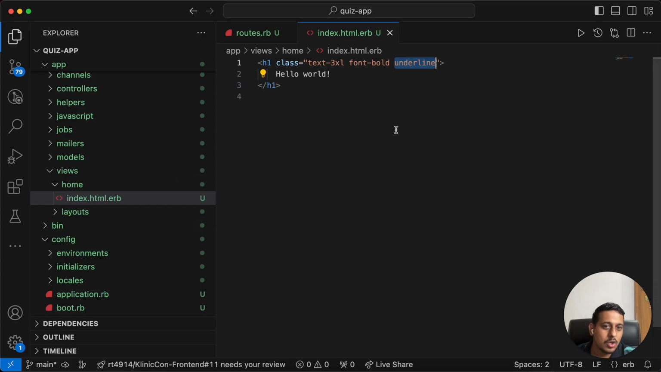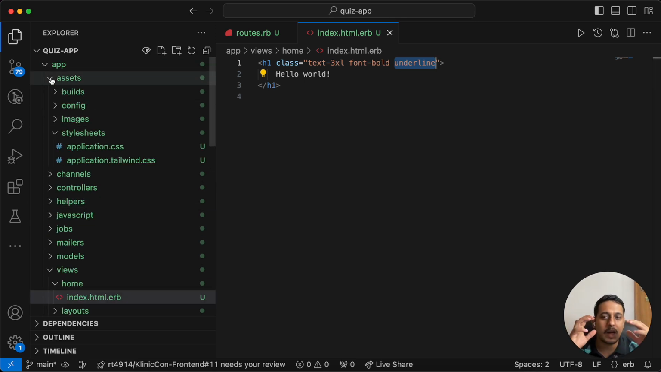Why so? Because when we are using Rails server, it will just run and build the Rails project. It won't work for Tailwind CSS. Now for Tailwind CSS, you have to run that also, right? For that,